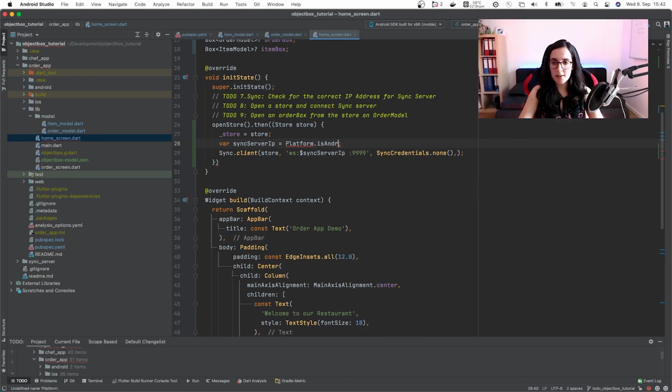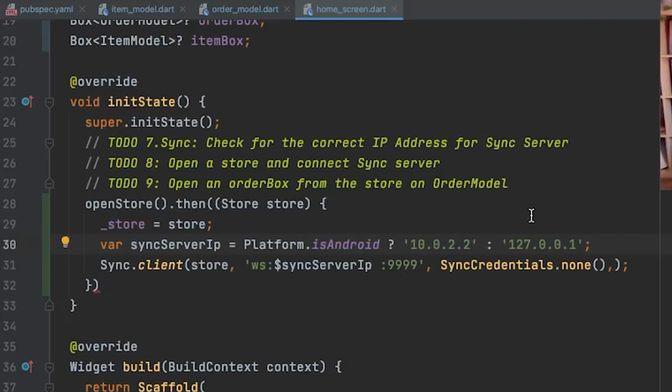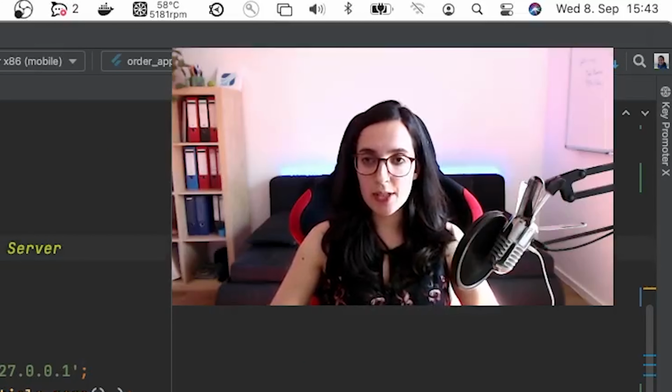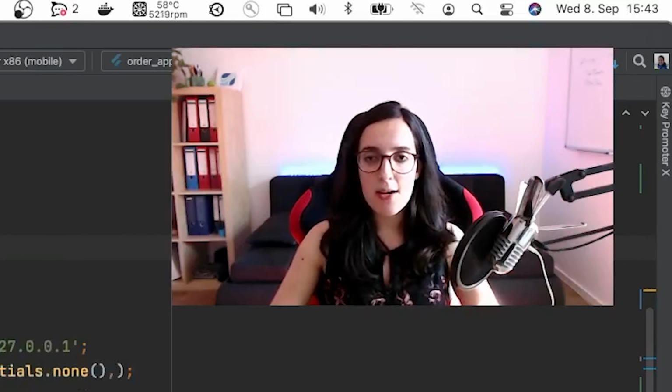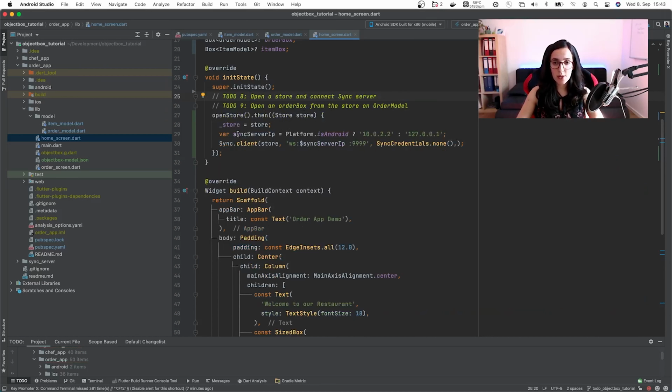And is Android, let's import the data. And if this is iOS, we will have 127.0.0.1. You can actually find both of them also in the documentation of ObjectBox. So we check for the correct IP address according to the platform, and then open a store and connect the sync server with that